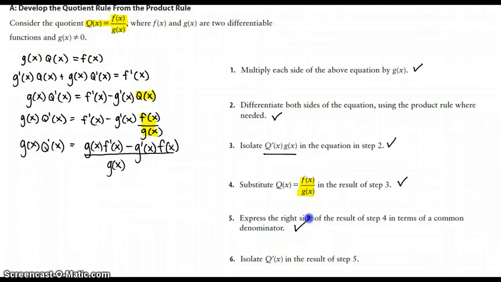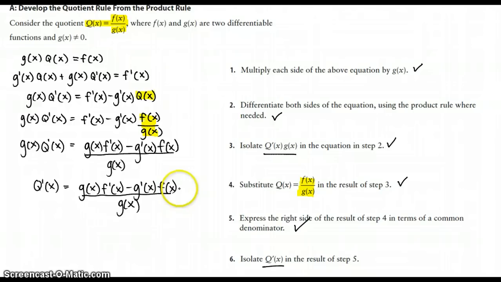There we go. Finally, isolate q prime of x, because that's what I'm trying to find here. It is being multiplied by g of x, so if I take the whole right hand side and left hand side and divide by g of x, then we will have isolated q prime of x. Remember that dividing by something is the same thing as multiplying by its reciprocal, or 1 over it. So I'll do that,